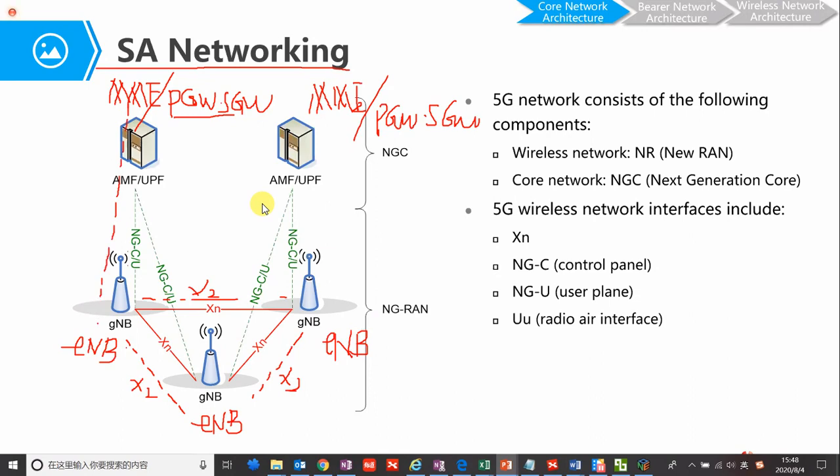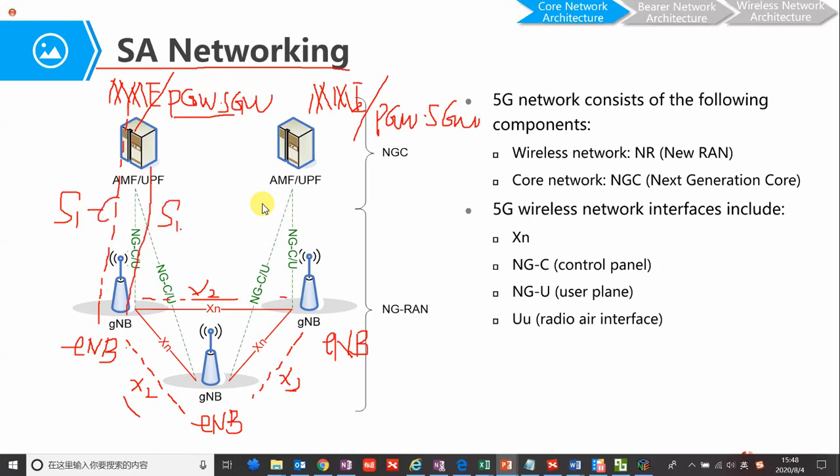Excuse me, please. What is XN or X2? What is the meaning of this interface? Yeah, it's just the name of the interface between the two E node B, like the S1 interface for control plane, the S1 for user plane.